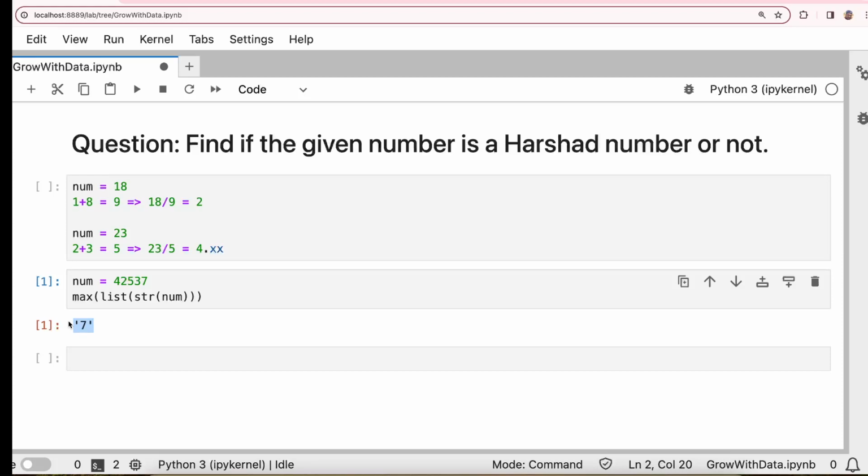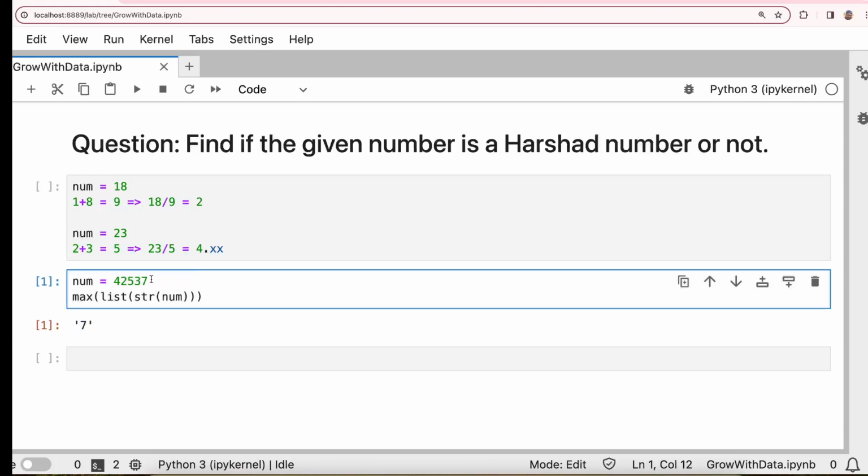We had a couple of other options. We used a mod function and took the digits from right to left and figured out which one is the largest number in the number sequence. We are going to use the same logic here but with some improvisation in the code. So let's see what improvisations we are going to make from the previous code.